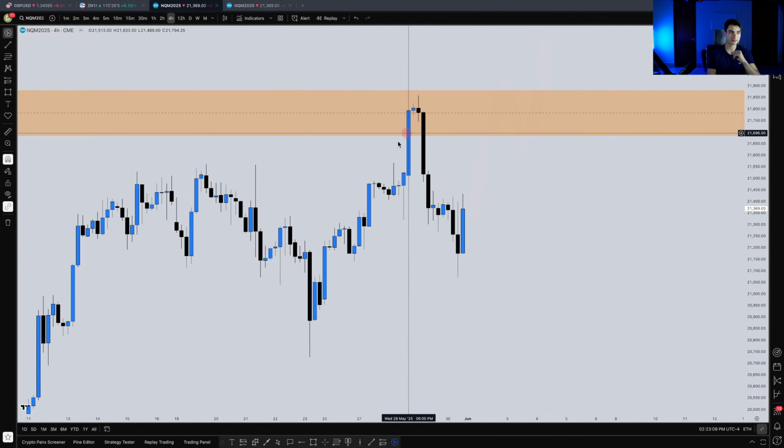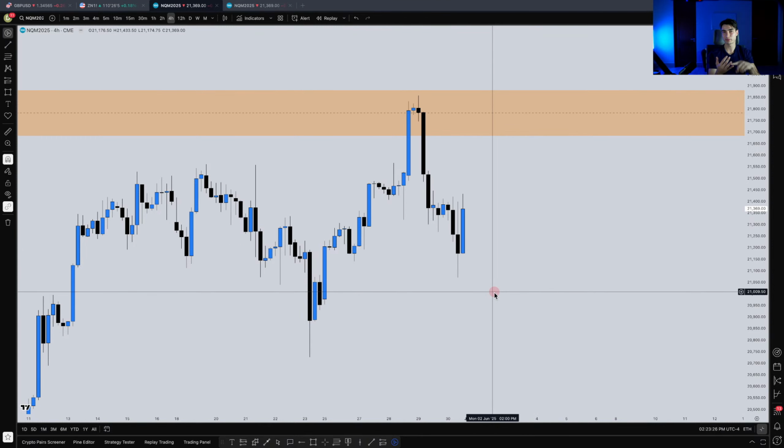So all eyes on this balanced price range here, because again, it already took out buy side, and then we quickly broke down below it. Now, because the higher time frame is bullish, I'm not quick to jump to a conclusion that, okay, this is a shift in market structure, or actually a break in market structure, sell short, go lower, simply because I'm bullish monthly, weekly, daily chart. So again, it's very important for you guys to understand the hierarchy of price delivery